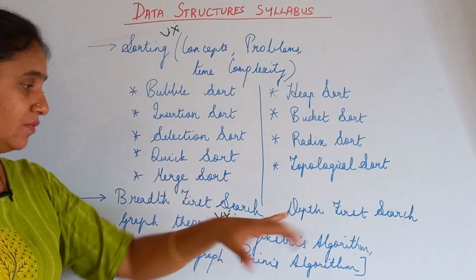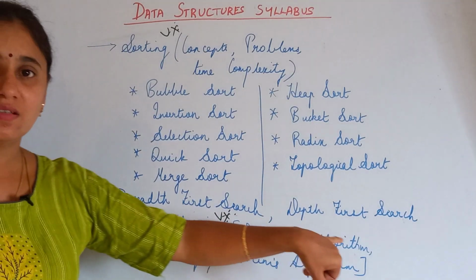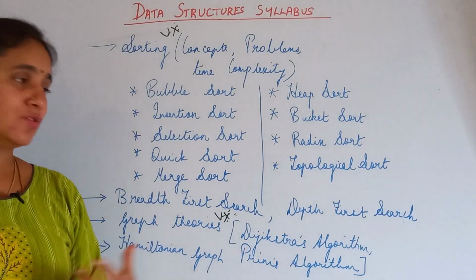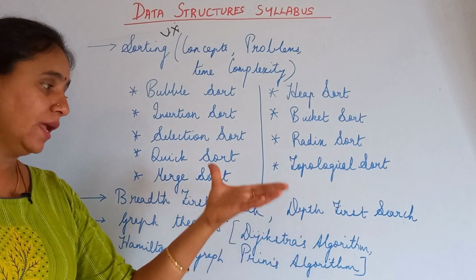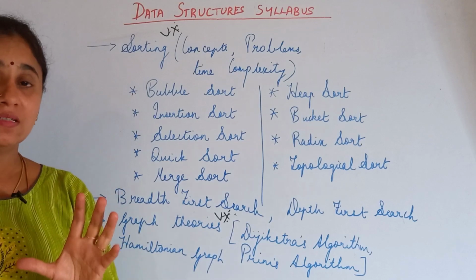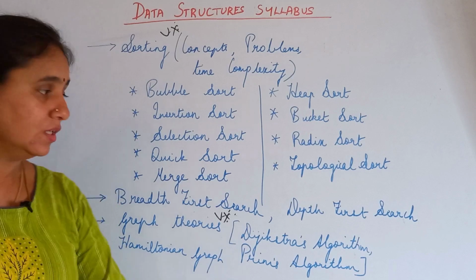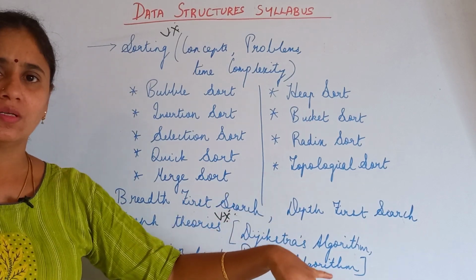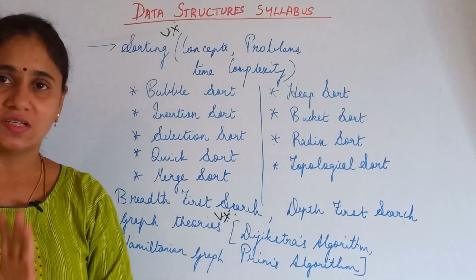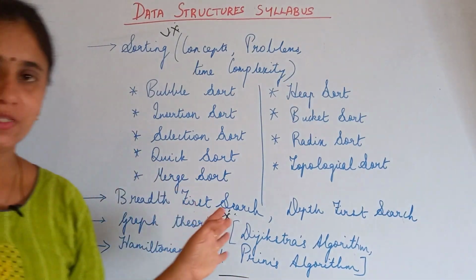Under graphs, we are going to discuss three important topics: Dijkstra's algorithm, Prim's algorithm, and Hamiltonian graphs. These are the important headings that we are going to have clear knowledge of. We are not going to discuss the algorithm description in depth. That is, what is Dijkstra's algorithm and how we traverse the graph. All these things we are going to discuss, friends. Are you all clear? So that's all about the syllabus discussion.